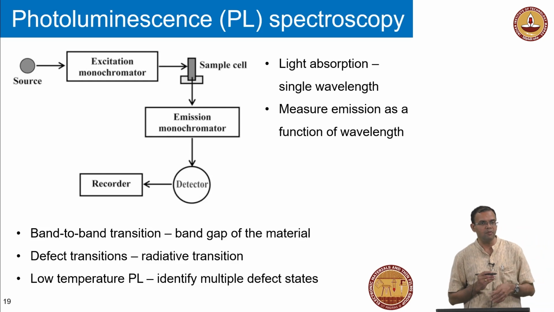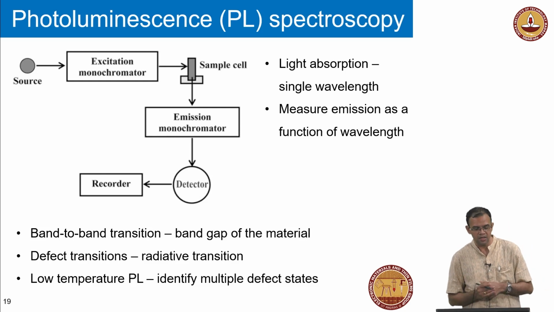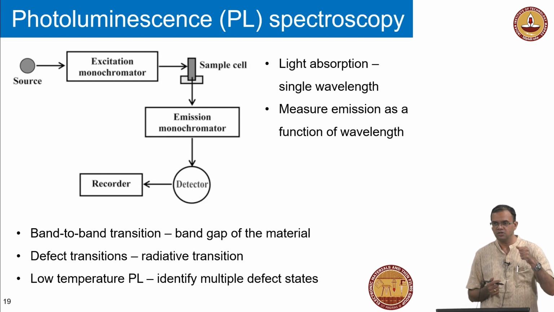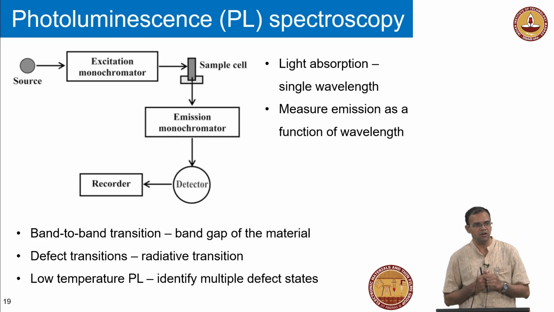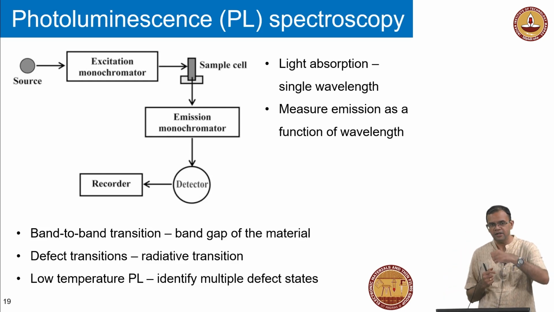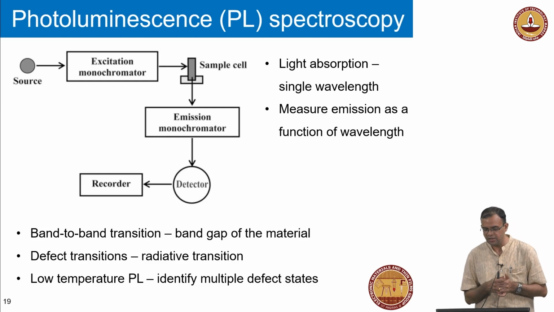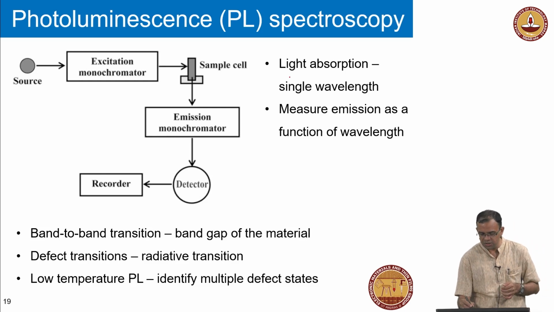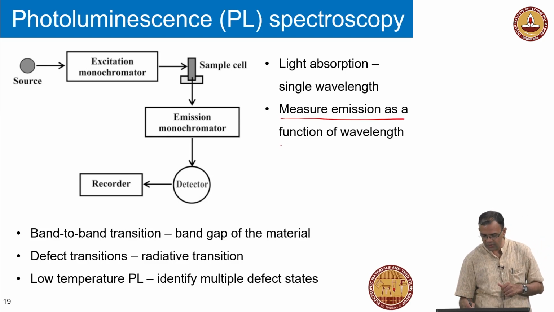Another technique that is commonly used, especially to study defects, is photoluminescence. The idea is I have a source, typically a monochromatic source with a single wavelength, and the energy is larger than the band gap. So you excite, and then you look at the light that is emitted from your semiconductor. This usually works if I have a direct band gap semiconductor. So you have light absorption at a single wavelength,